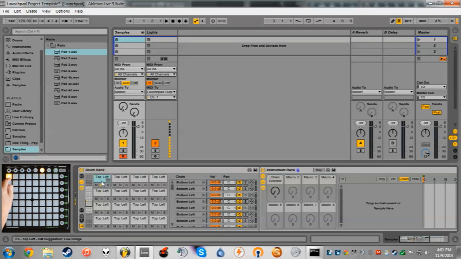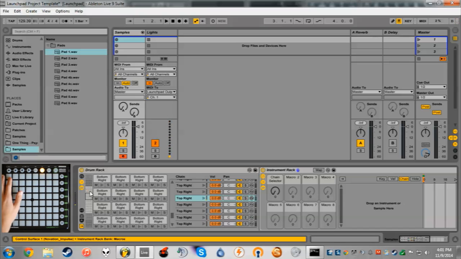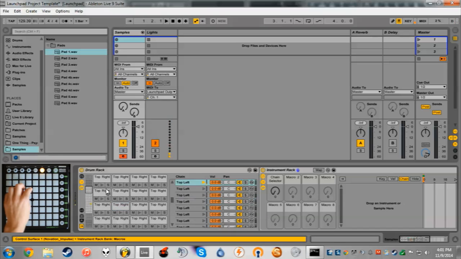But you can see the top left one is being played as I'm playing it on the computer screen right here. And you can also see that if I were to play this one over here, it would say bottom right. So I named them all so it's not too confusing. And also I'm going to note that when you press one, it'll switch to it over here. Now in each individual